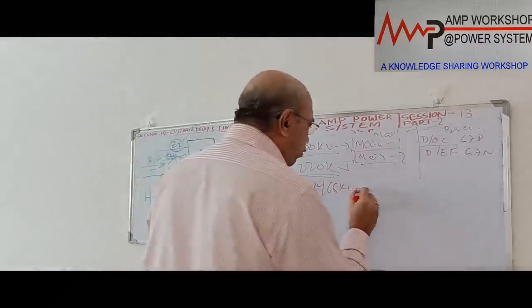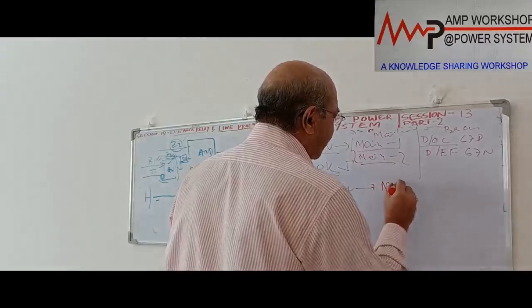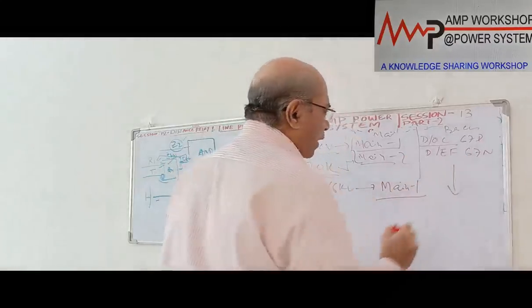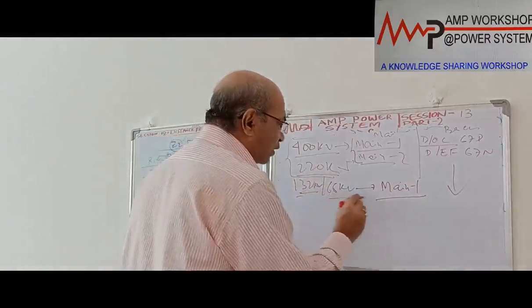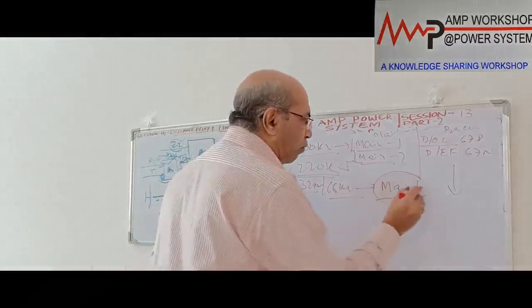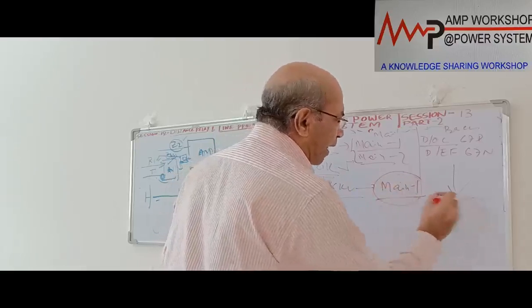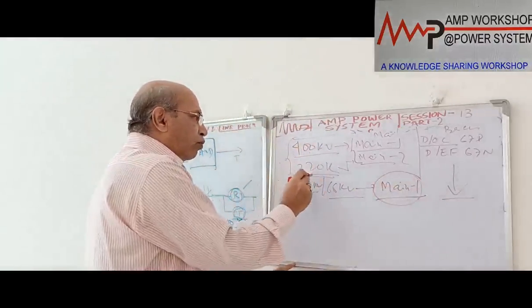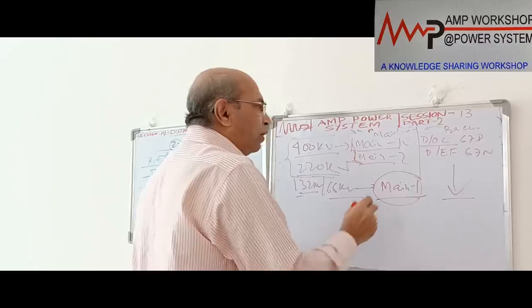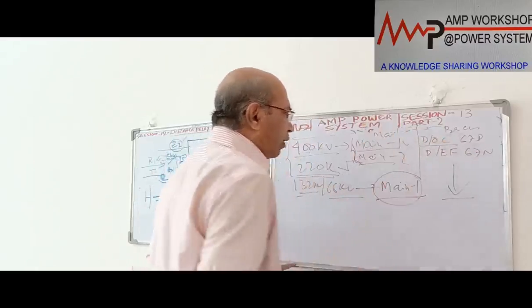In the case of 132 kV, there will be only one main protection, main 1 protection only, and this will be backed up by directional overcurrent and earth fault. For 132 kV and 66 kV, if we go for distance protection, it will be one main distance protection, and another backup is there. But for 400 kV and 220 kV onward, there are two main protections, main 1 and main 2, backed up by directional overcurrent and earth fault.